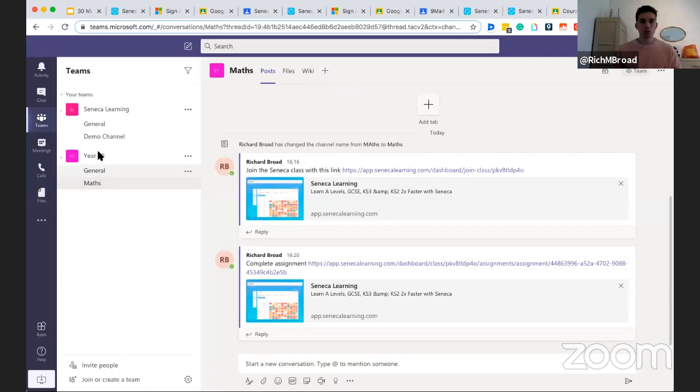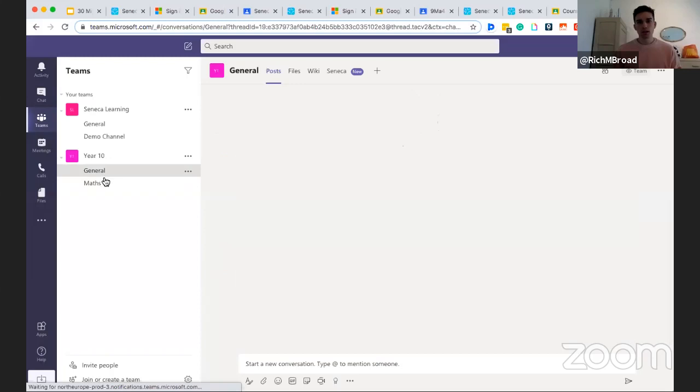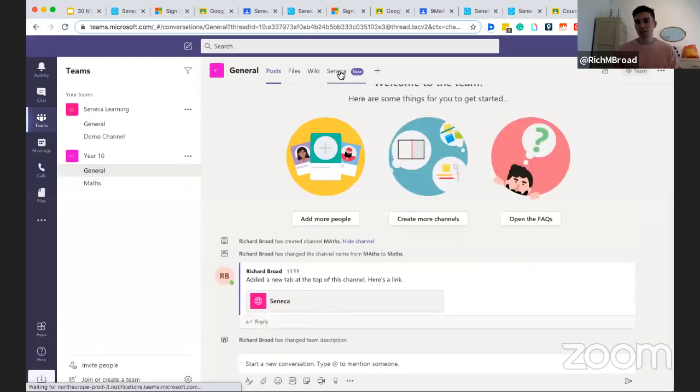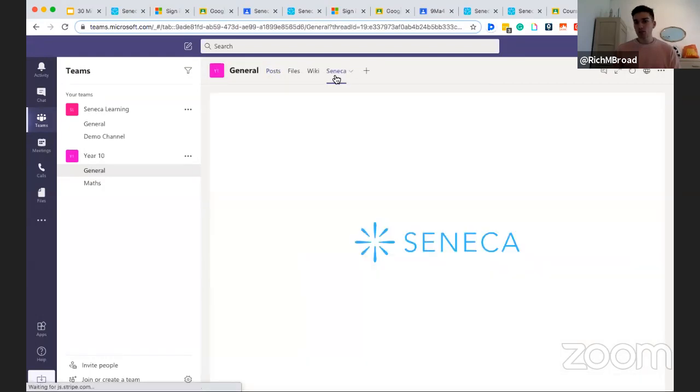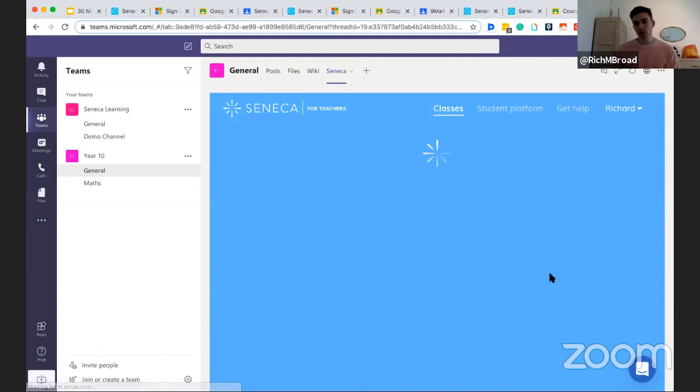go into here, what you can actually do is, depending on which channel you want to do it on, you can choose to have a little Seneca section up here. The different options you have are posts, which is like your message board within your class. You then have files, which store all the files that have been shared in your OneDrive. You then have a wiki as well, which is a place to share ideas and content. And then here, I've got Seneca. If I was to click on that, you'd see that I'd be able to load up my Seneca account